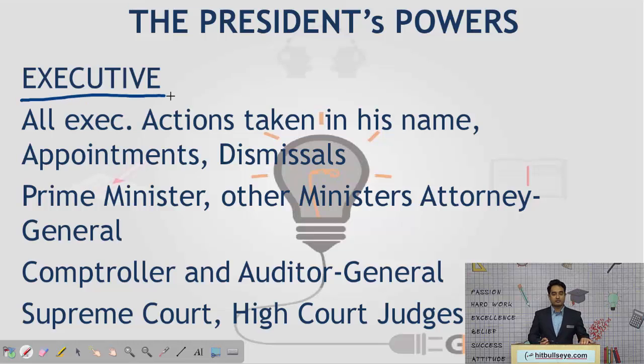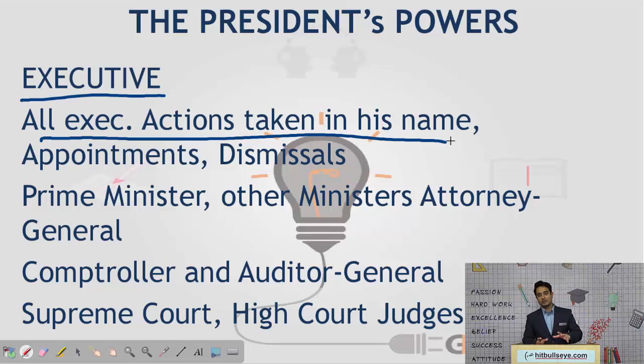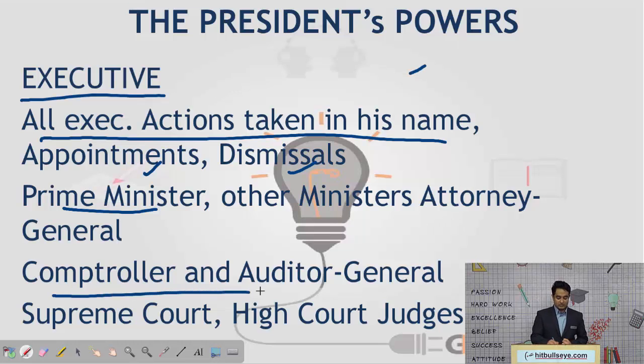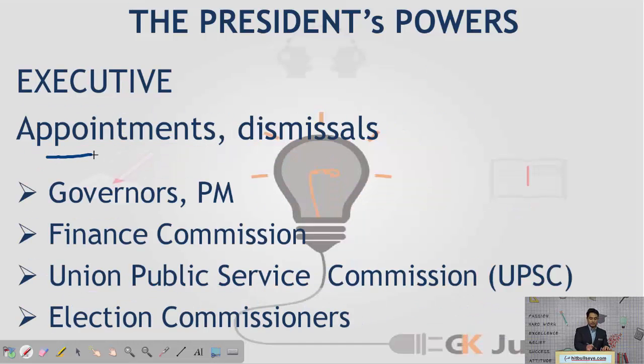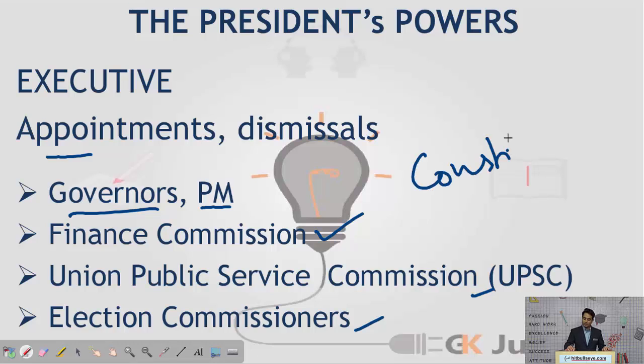The executive powers of the president include all the executive actions taken in his name. All the government actions are taken under the name of the president. All the appointments and dismissals are also done by him. The Prime Minister and the Council of Ministers are given the oath by the President of India. The CAG or other constitutional bodies are also appointed. Similarly, the appointments or dismissals of Governor, Financial Commissioners, UPSC, Election Commissioners, basically all the constitutional bodies are